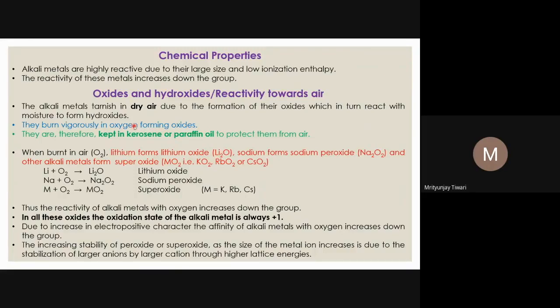Of all the gases that you see in the air, oxygen is the most reactive. And why is it most reactive? Because it has two unpaired electrons, and that we have seen when we studied molecular orbital theory. So oxygen has two unpaired electrons, and because of the presence of unpaired electrons, it is more reactive. Even though in oxygen there is a double bond, despite the double bond, one should expect that oxygen should be more stable, but it is reactive. Why? As I said, the two unpaired electrons are there.